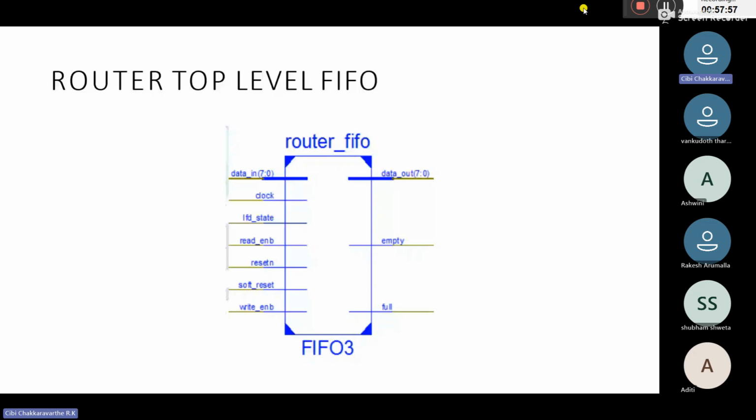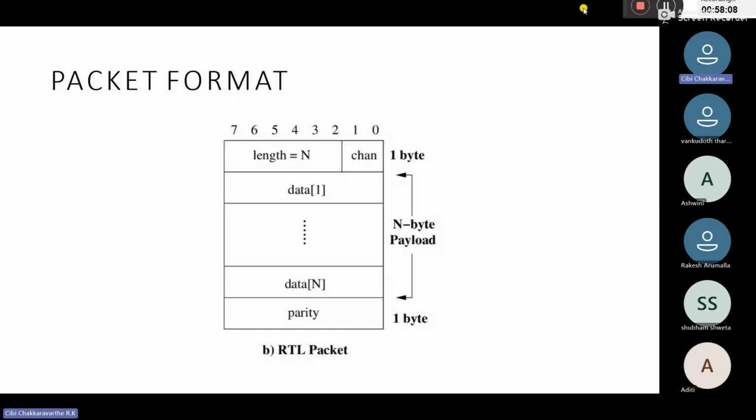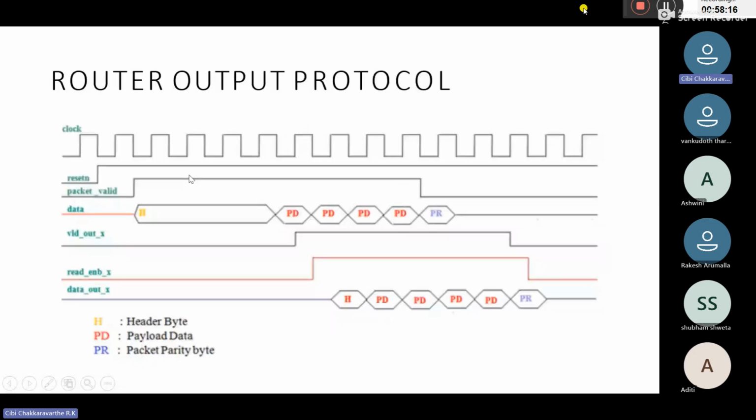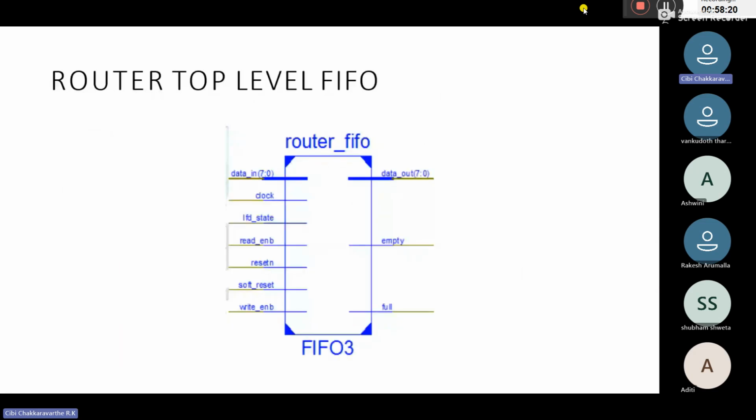So in the first data, why do we need an indication for first data? Before that first data, or with that first data, accordingly, the header also comes. So for that purpose, we are using the IFT state here, in the sense of load first data. Then read enable. We all know if the read enable is high, then only our router can read